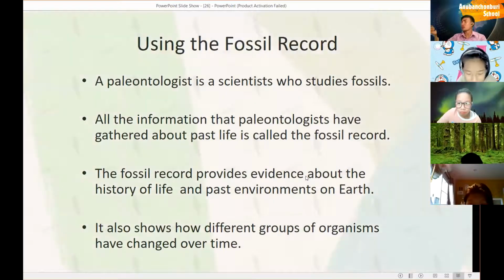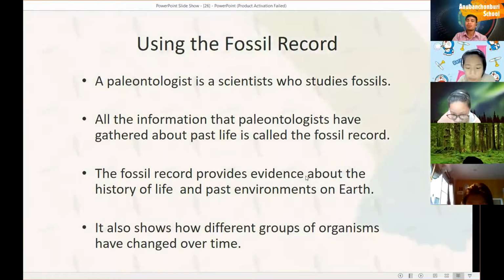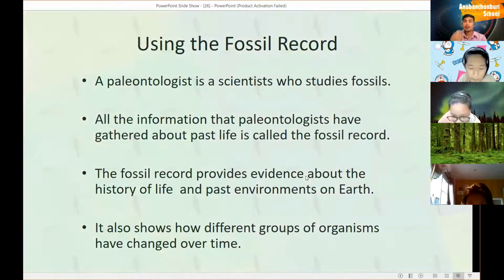If you go ahead, you can see a shell. If you go ahead, you can see the shell of a sea turtle. So now you can say this really was a sea or an ocean, because there's a lot of evidence. Otherwise, maybe somebody just brought a fish and threw it in the desert, and then you can see the bone. So it doesn't really mean that it's an ocean. We need the fossil record so that we have evidence to support the idea.